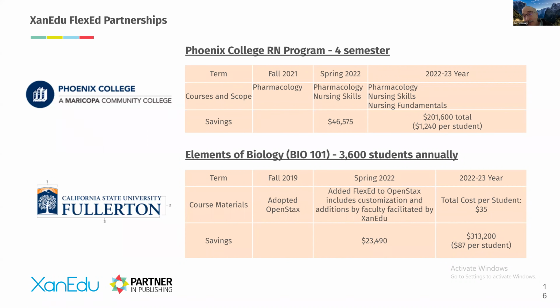A cost $35 per student, a significant change when you're thinking about biology courses, which often have a $200+ book. And over a period of time, $300,000, right? This is a lot of material, and this is just one course. And Xanadu makes it easy. They lighten the burden for faculty to find these alternatives and create customized resources by leveraging